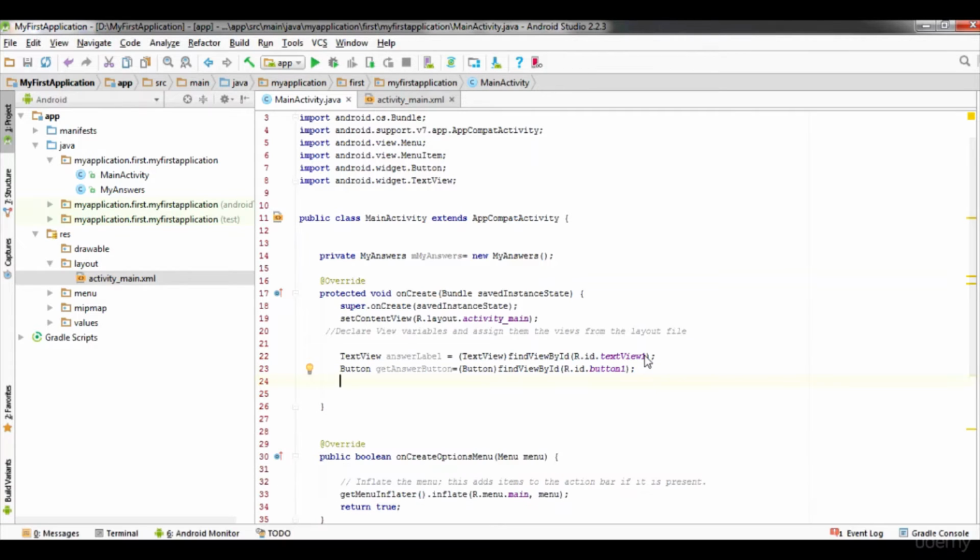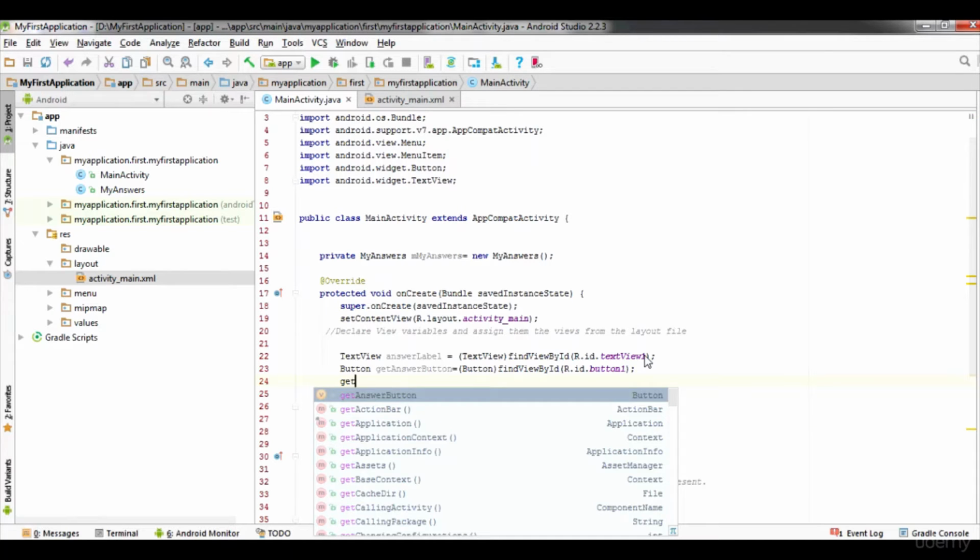For that, as you can see, IntelliSense pops up different method names.